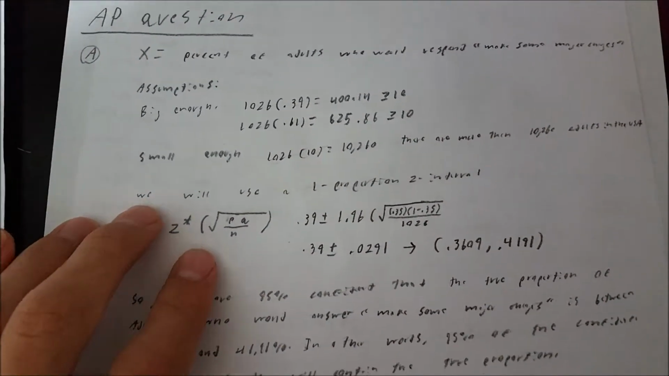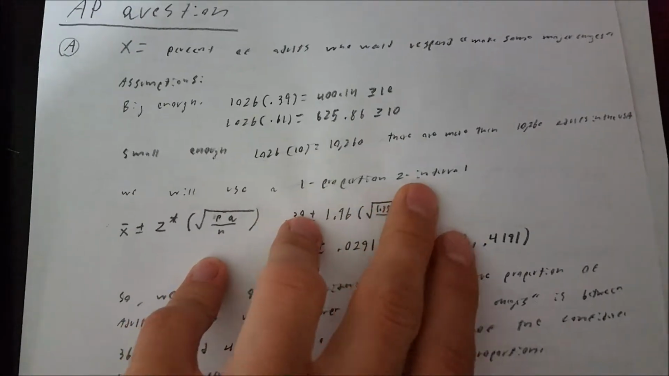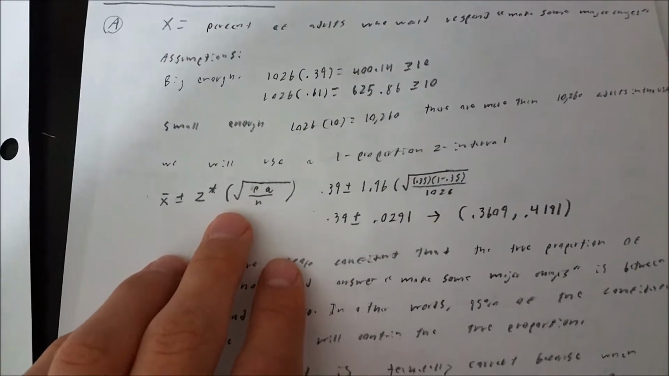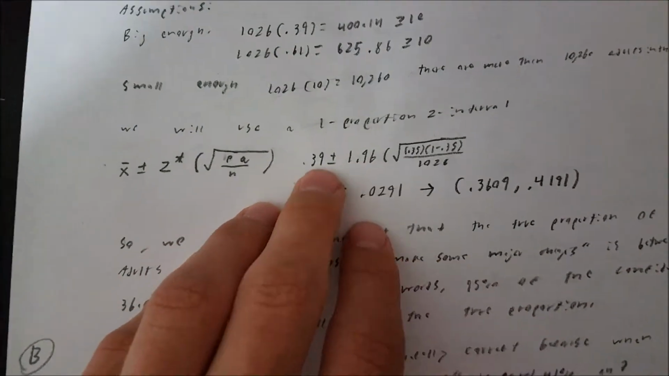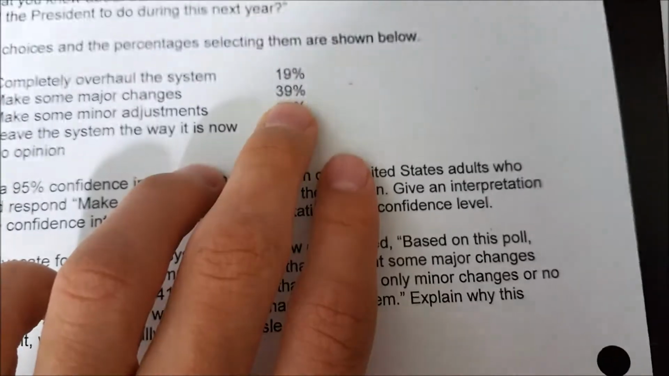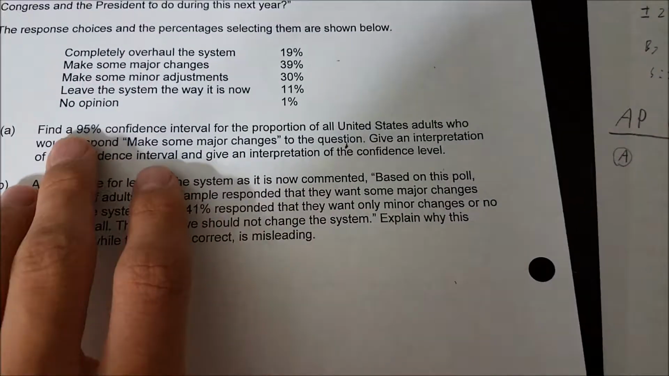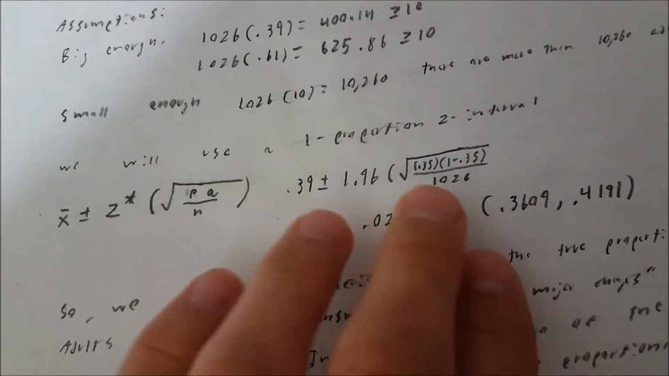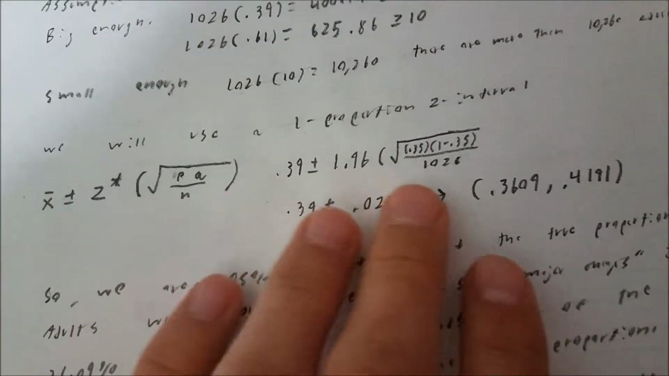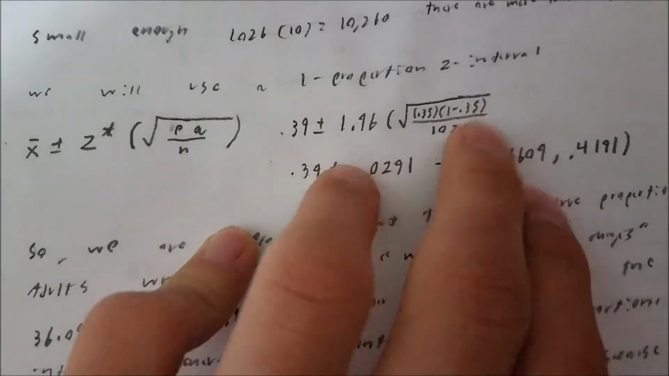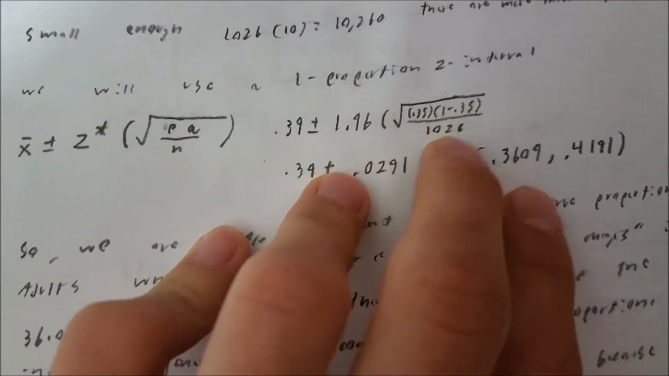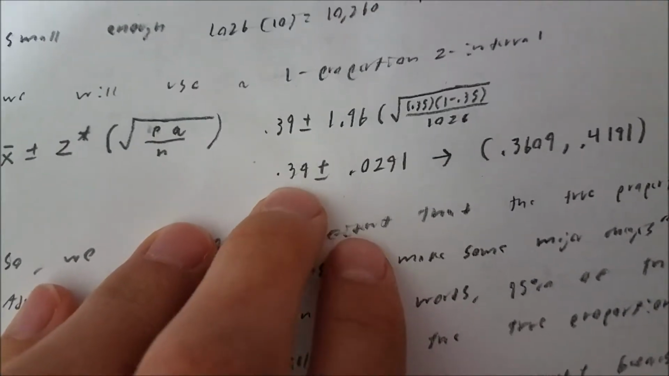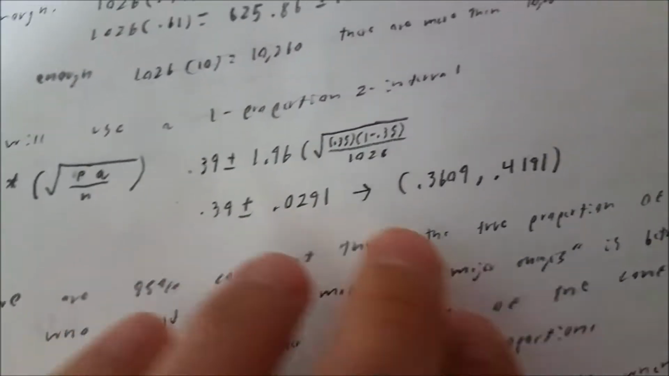Alright, next we'll name the test. We will be using a 1 proportion z interval, which is this formula here, and next we will apply the test. So we will just plug in all of our data, the 0.39, which we got from here, and we're making a 95% confidence interval, so the z star is 1.96. We can find this from the z-score chart, or just remember it. And then we'll also plug in our n, our q, and our p. And we will find that the confidence interval is 0.39 plus or minus 0.0291,